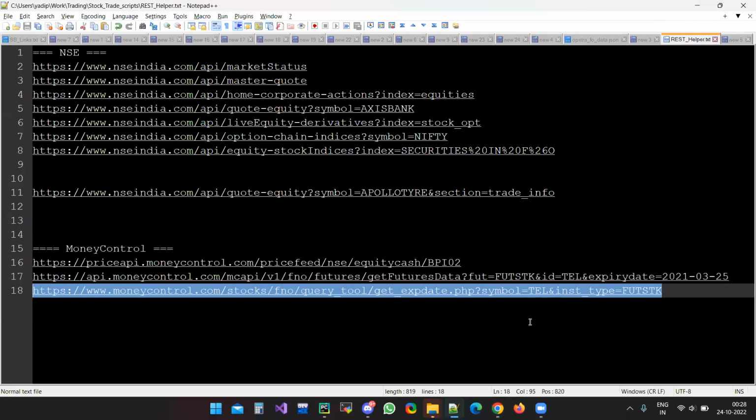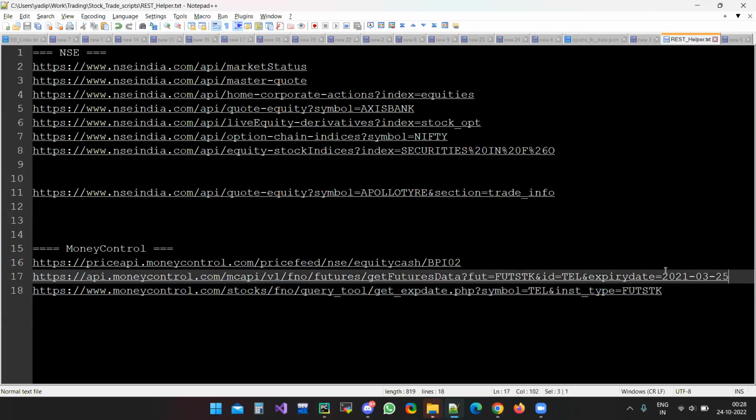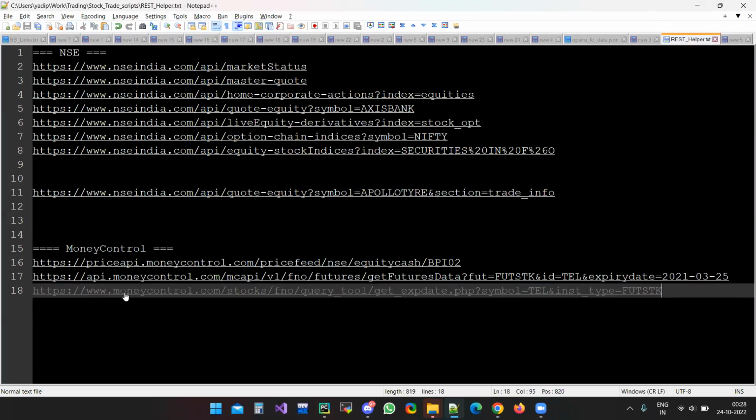So you can see here, if I hit this API, it's telling me the next 3 expiry dates. Now, if I go and try to put out this API, so this is hitting api.moneycontrol.com. Here I have taken a stock ID and expiry date, and because this expiry is not correct, it is already gone, so let's make it 2022,